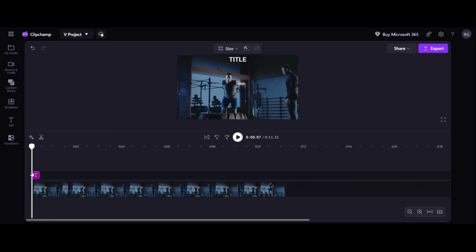Look for the text layer in your timeline. Text elements usually appear as a separate track or block labeled with the text preset you selected earlier. Click directly on the section of the timeline where your text is located. When you click on it, the text box in the preview window will become active, and you'll see editing options appear. Now that the text layer is selected, the next step is to click on the actual text inside the